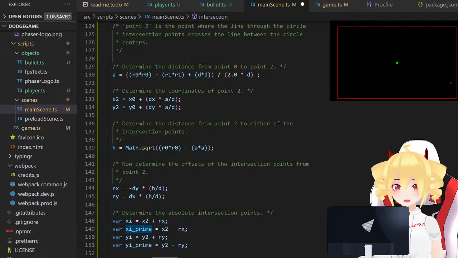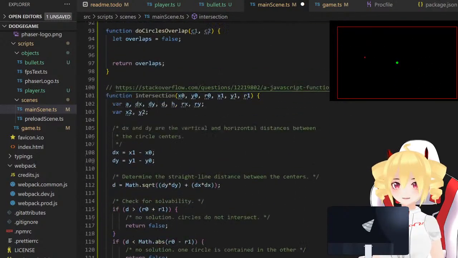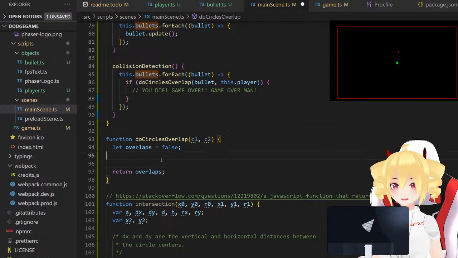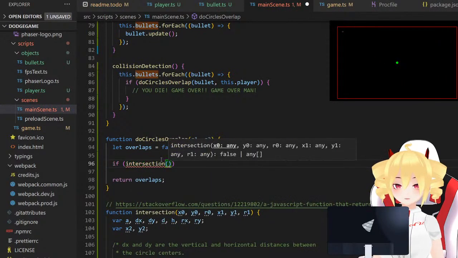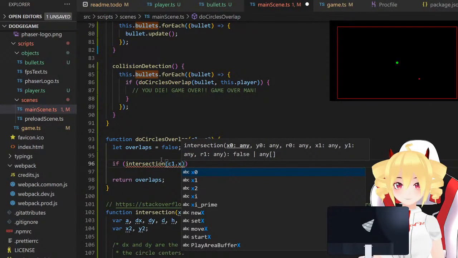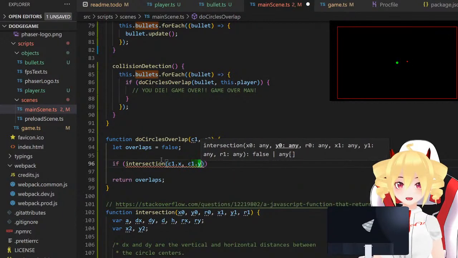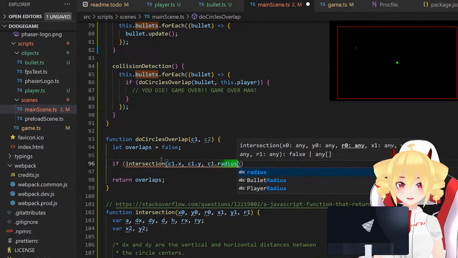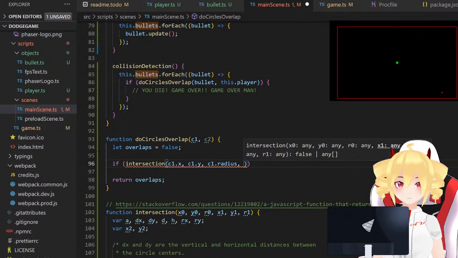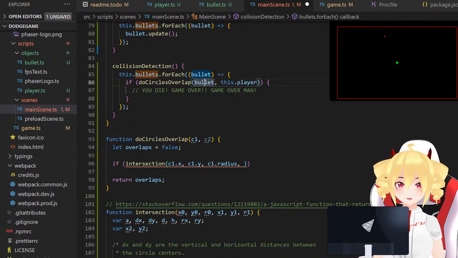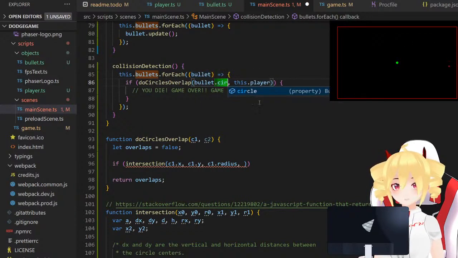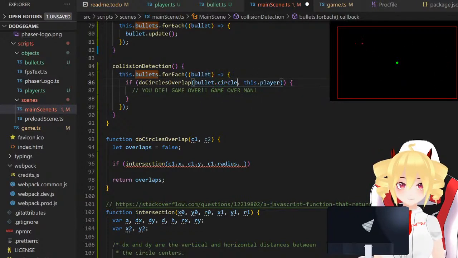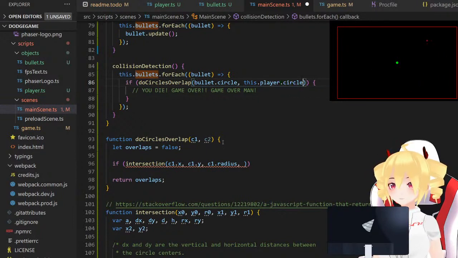Okay. Well, I just need to know if they hit each other or not. So, if intersection c1.x, c1.y, c1.radius, right? Yeah, let's pass in the circle object. There we go. So now